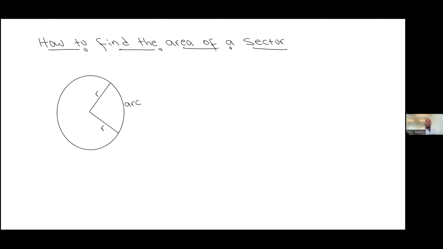So now the area of a sector is the space inside this part here, all right? So this space here is what we are looking for, what we call the area of a sector. Basically, the area of a sector is a fraction of the area of a circle. Because I know students do take notes from what I've said, I'm going to write it down. So the area of a sector